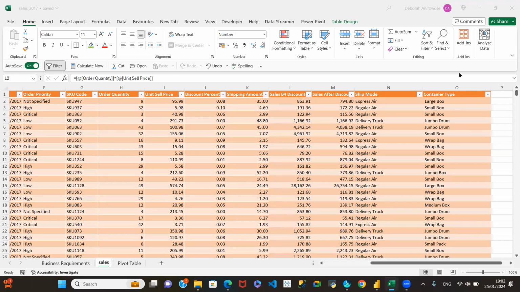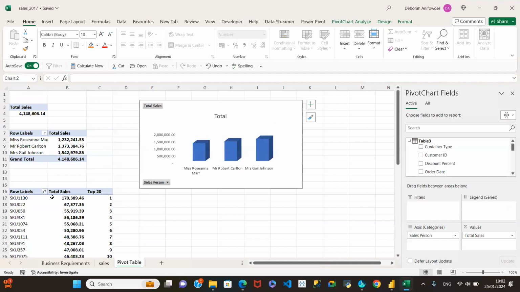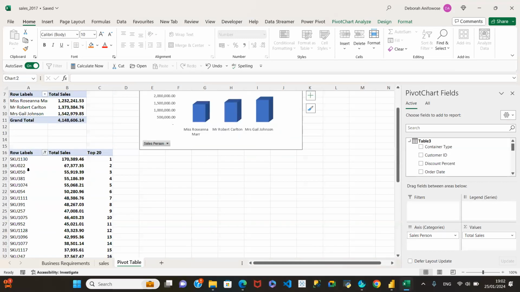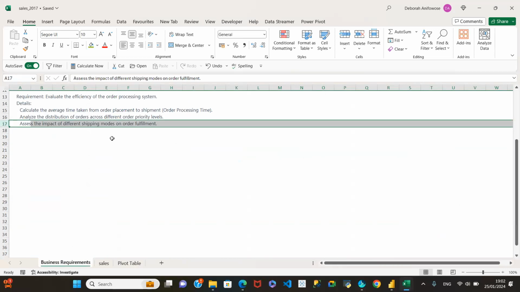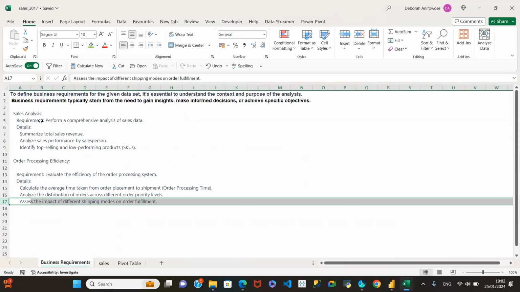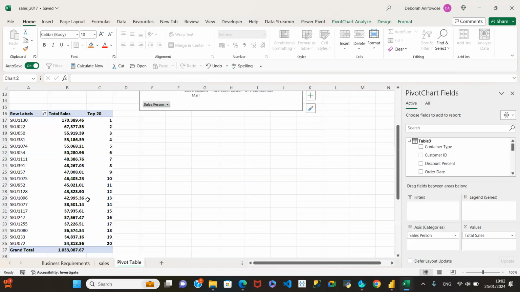So yesterday we did our work up to this point where we found the top 20 best performing products, but that requirement is in two stages because it says that we should identify the top selling and the low performing ones. So the low performing ones is going to be quite easier now. I'm just going to copy this table,